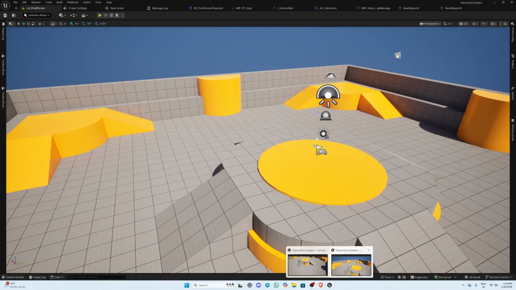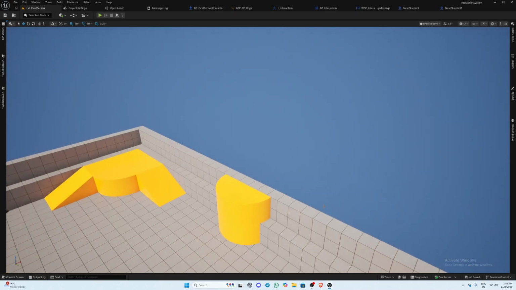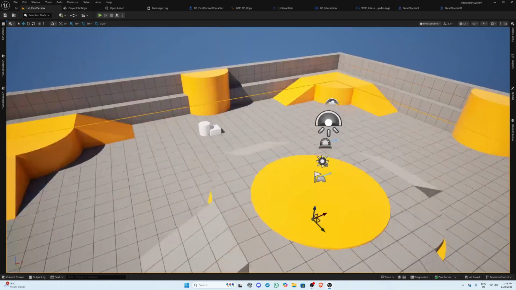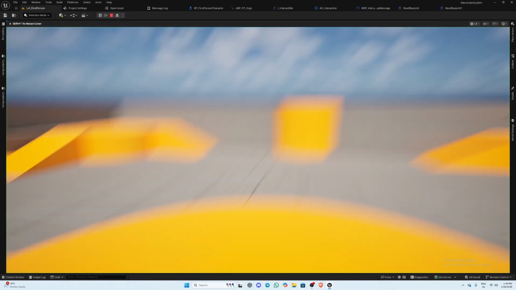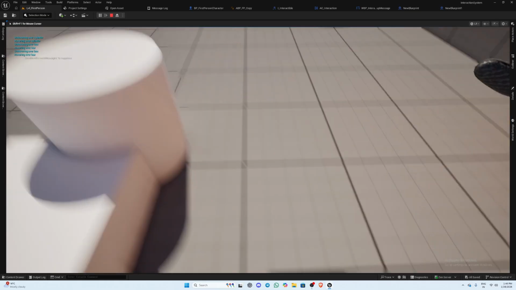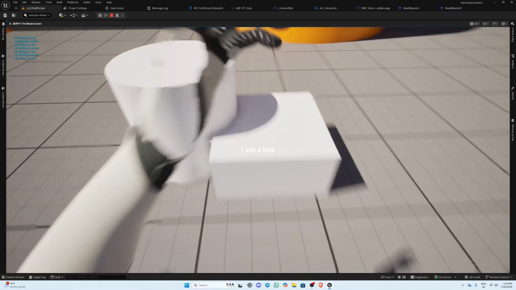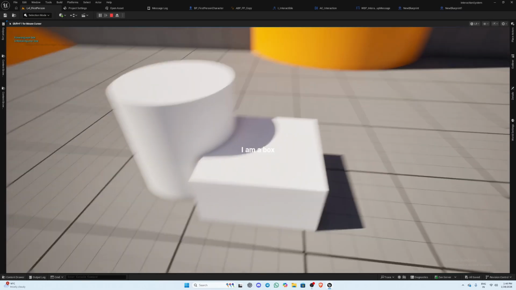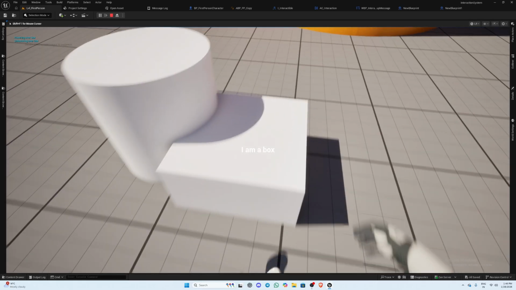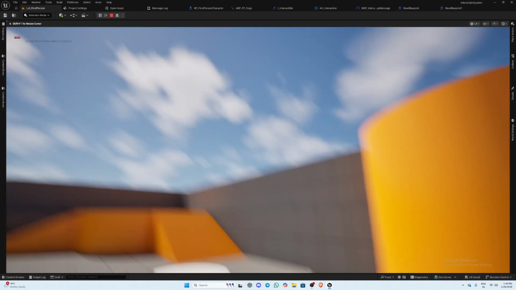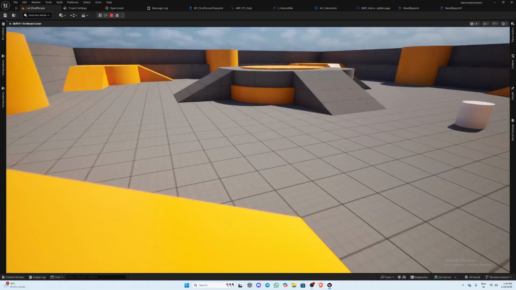Okay, hello people. So today we are going to work on this little interaction system, actually a hold-to-interact system, I should say. This is the final result that we are going to get. There are two actors right now. This is of course a box, a little interactable. We have a nice widget that displays when I'm hovering over an actor, and this is a trace-based interaction. If I interact with this, I can see it's calling a print string function,